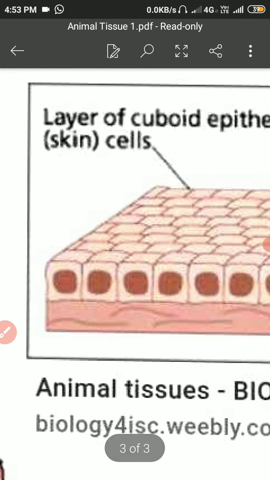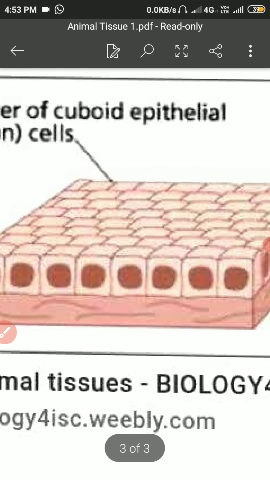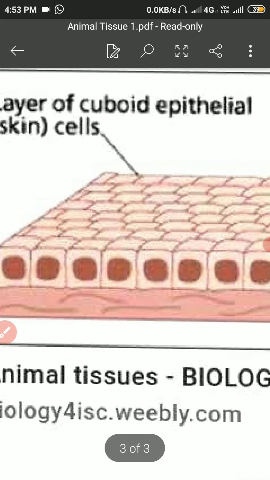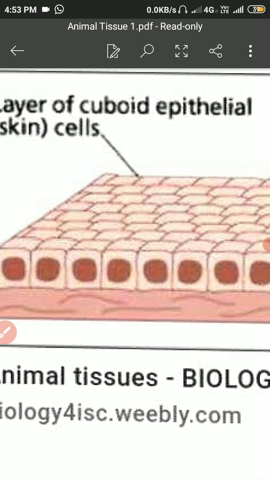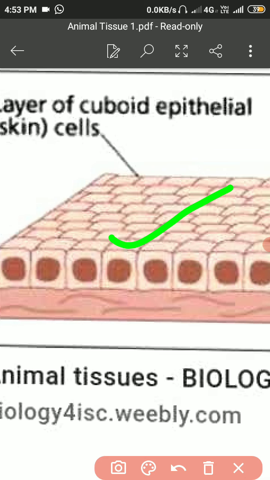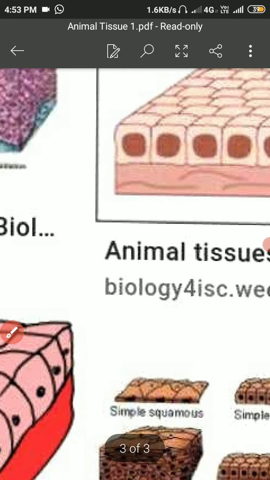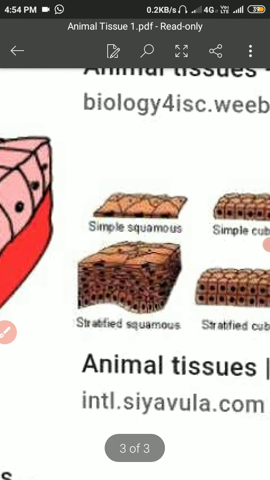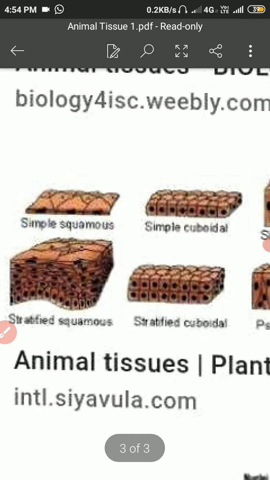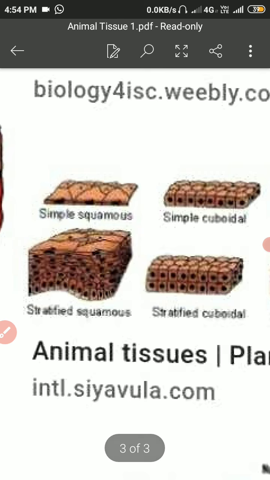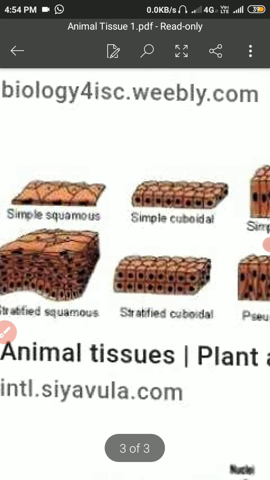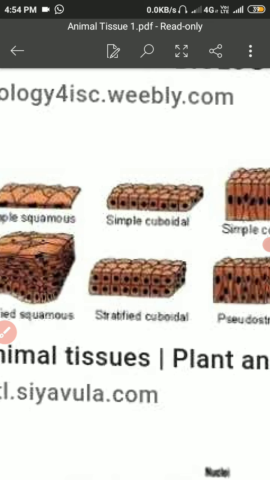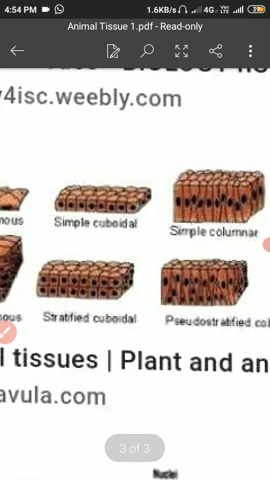Several types of the cells. Here we are looking at a layer of cuboidal epithelial skin cells. हमारी स्किन के जस्ट नीचे जो मोटा लेयर होता है, ऊपर से तो स्क्वामस है बट उसके जस्ट नीचे cuboidal लेयर होता है, ये आप इसमें देख रहे हैं cuboidal लेयर. So this is the cuboidal tissue. So my dear student, you have seen the diagram of the squamous, cuboidal, simple squamous and thick squamous, stratified squamous, simple cuboidal and stratified cuboidal, simple columnar and